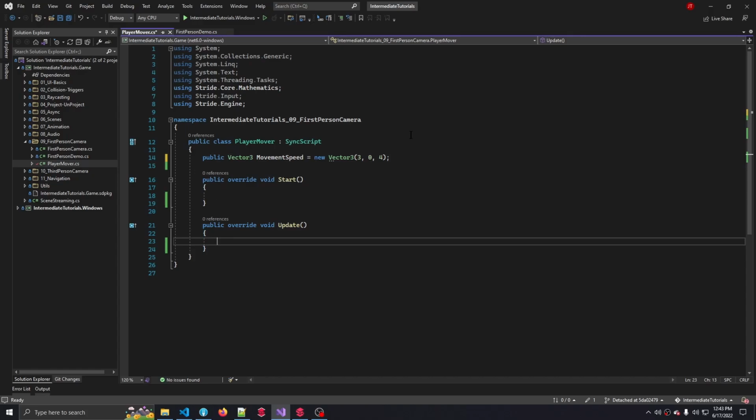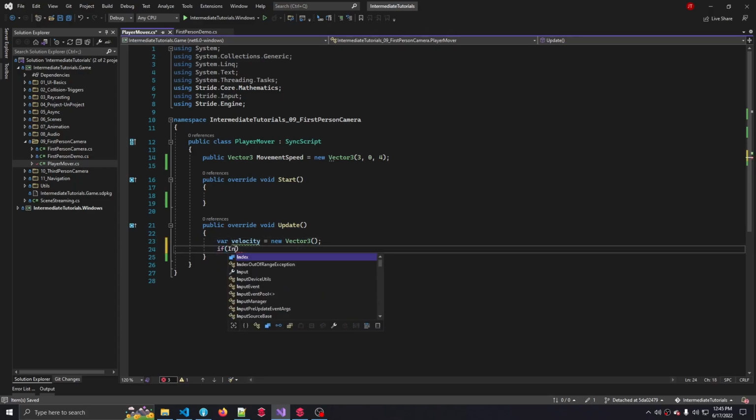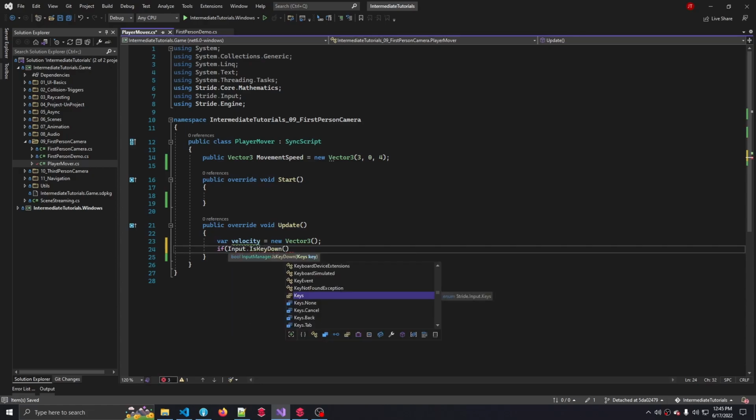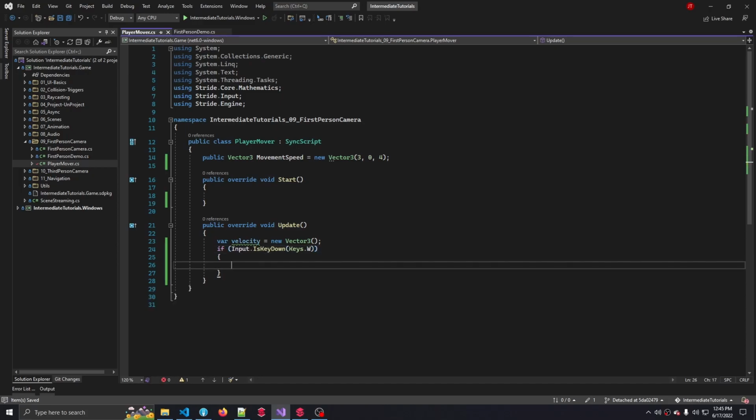And in our update, all we need to do now is keep track of the WASD keys. Let's make a variable called velocity, which is a new Vector3. In here, we're going to store all the movement that we are doing. So let's say if Input.IsKeyDown, and if the forward key is being pressed, W, or make it any key that you really want to use for the forward direction. If that's the case, then